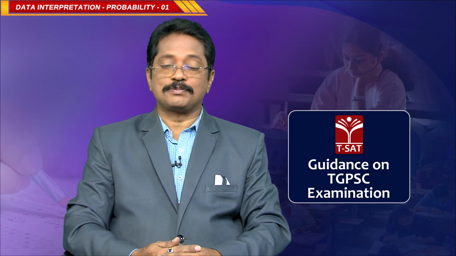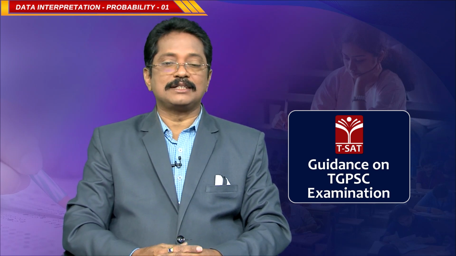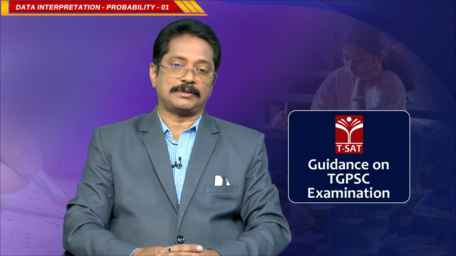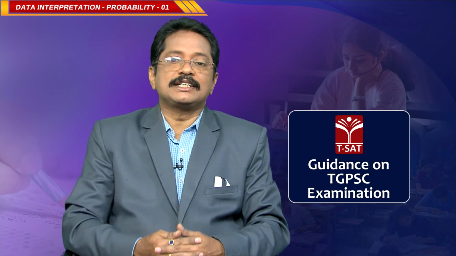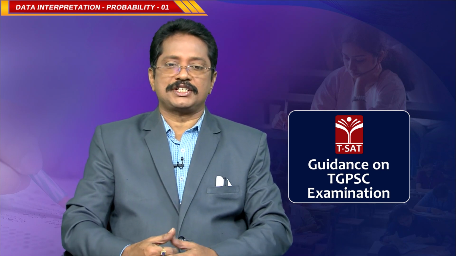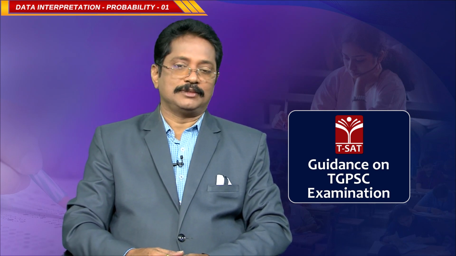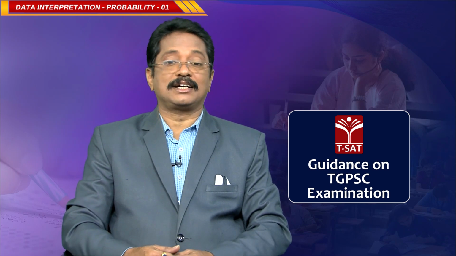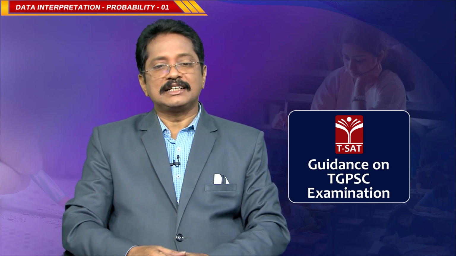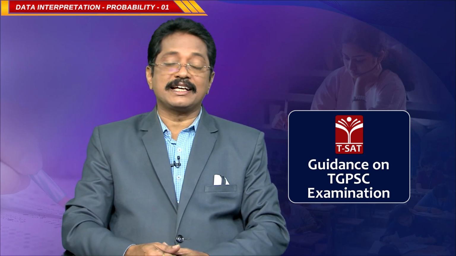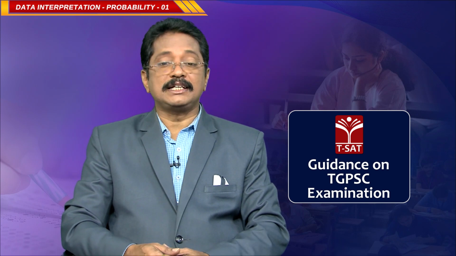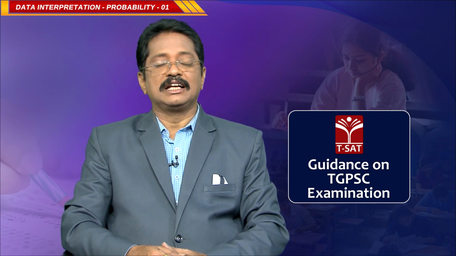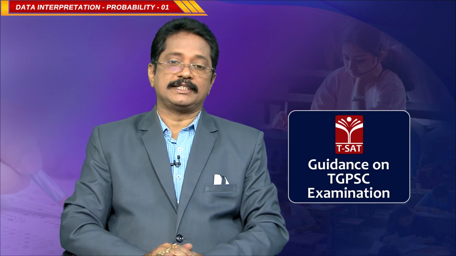There are 2 kinds of probabilities, one is classical probability, another one is theoretical probability. Generally when you are having a conversation, we will use the word probable. Whether the rain will come or not, probably the rain will come. Will you pass the examination or not? Probably I will pass the examination. Like we use the word probability, correct?